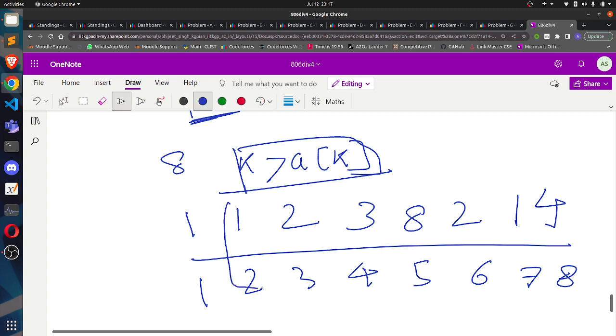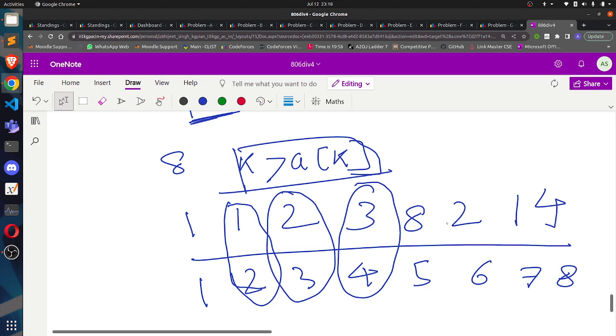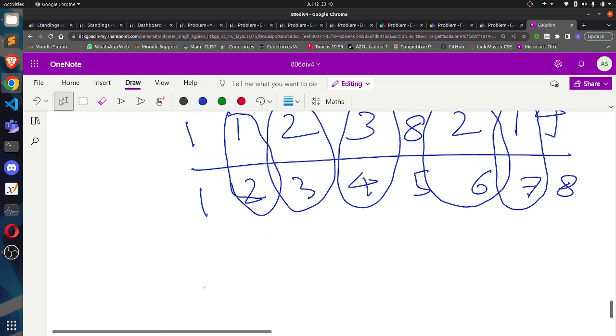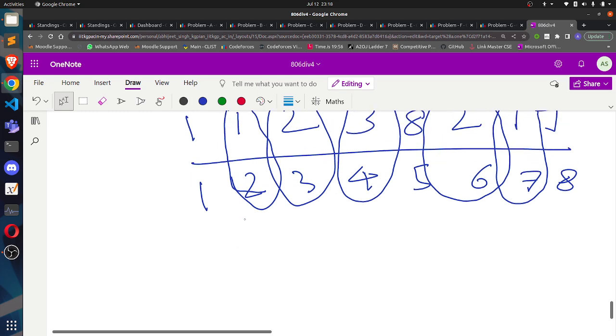So this will be one such thing where k is greater than A[k]. This will be one such combination. This will be one such combination. This will be one such combination, and this will be one such combination. So we have 5 such combinations, and what I'm doing is, in one of the things I will store it